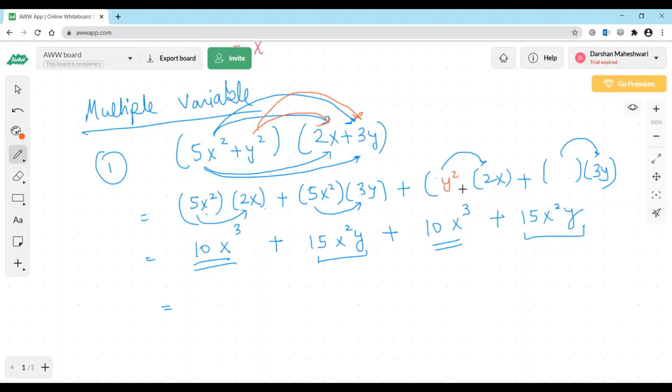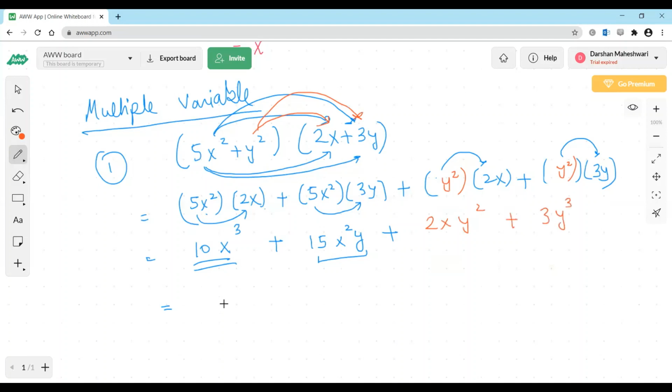So this particular term won't come. Let's modify this. So we have 2xy square over here, and we have 3, and y square times y is